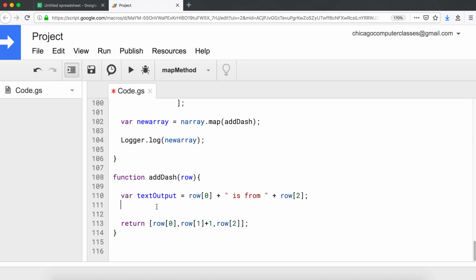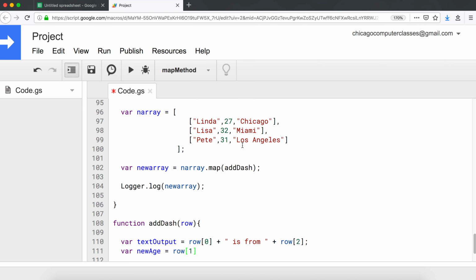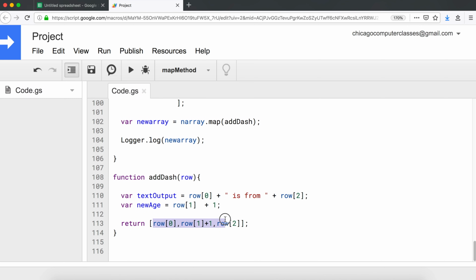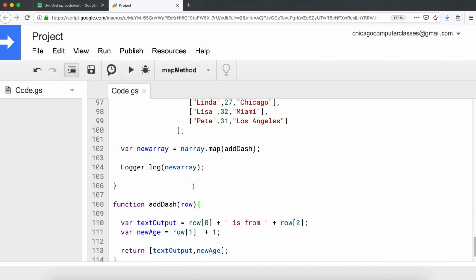And then the second part is new age. So let's say we still want to increase the age by 1. So row 1, second element is going to be the age, 27. And we want to take that and add 1 to it. So now when I have to return it, I'm going to return an array of those two things. So text output, comma, new age. So that's my array. And now if I go back and run this